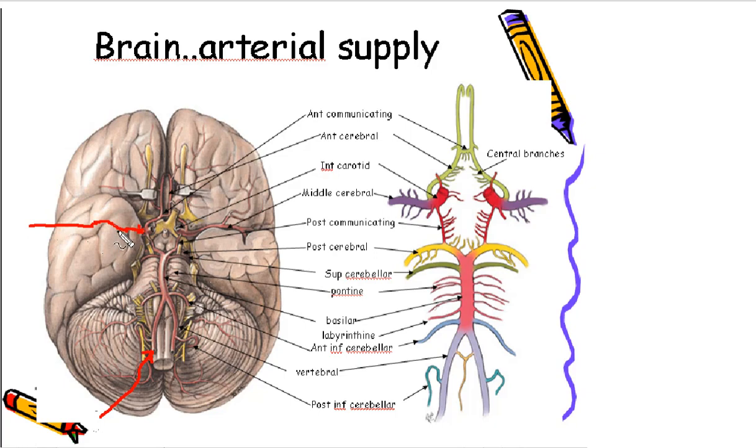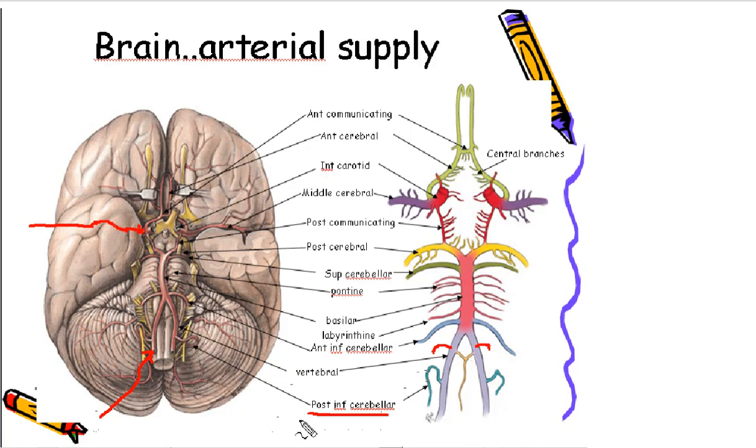Now if you remember, these two vertebral arteries entered into the foramen magnum. They gave off the two anterior spinal arteries which fused to form one, and then they also give off the posterior spinal arteries. They also help to supply the brain. So the vertebral arteries give off a very tortuous branch called the posterior inferior cerebellar artery. You can see this over here, and you can see how tortuous it is. As the name suggests, it